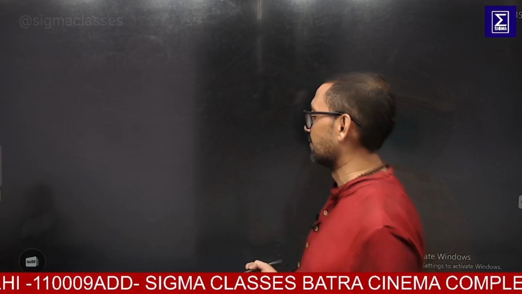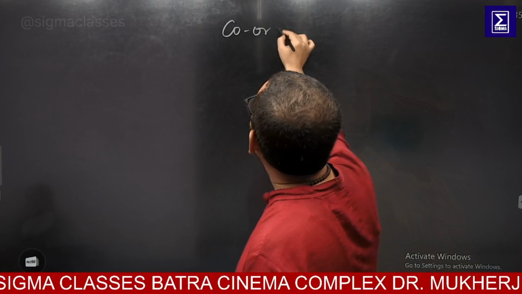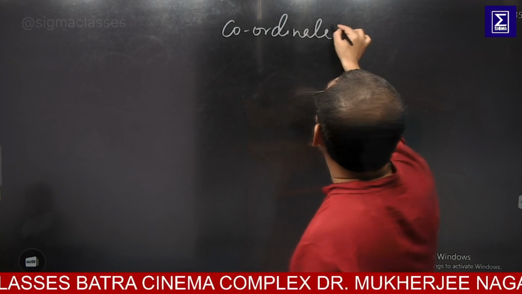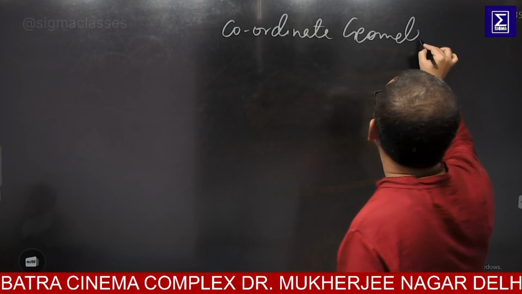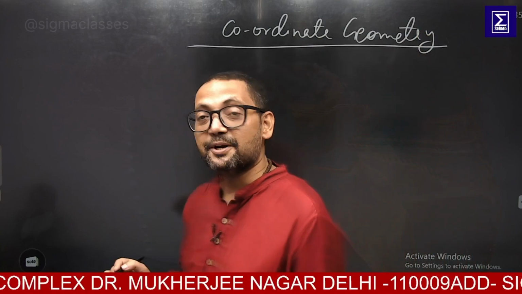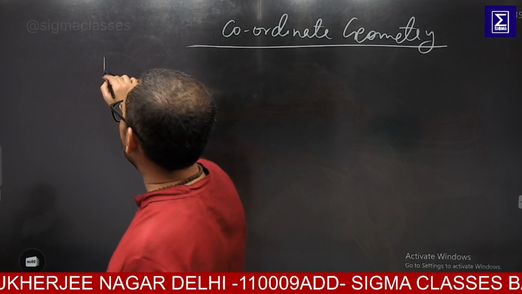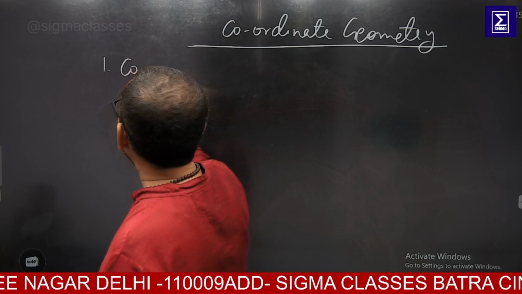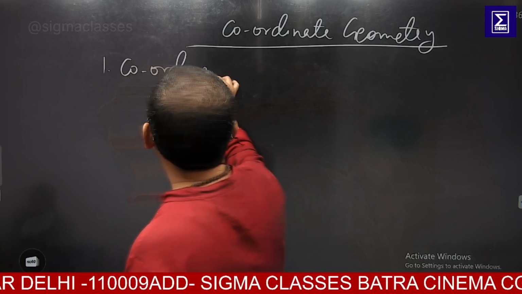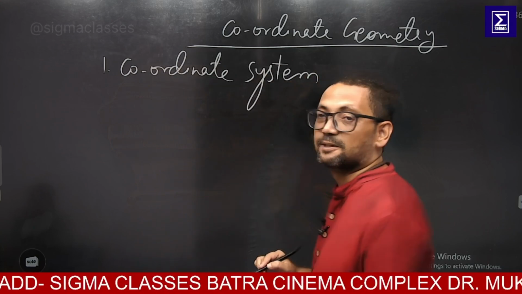two-dimensional geometry basically that we say, and everything will start from the scratch. So let us see. In coordinate geometry, we have a lot of things to do. Firstly, we will start with the coordinate system. In coordinate system, we shall be doing,